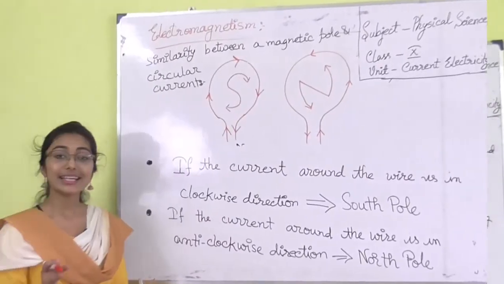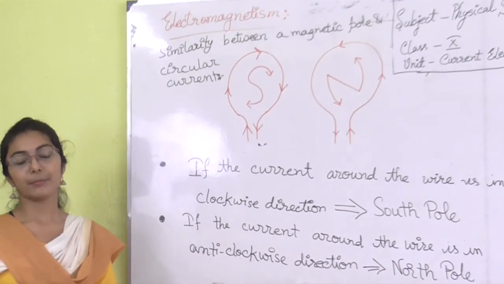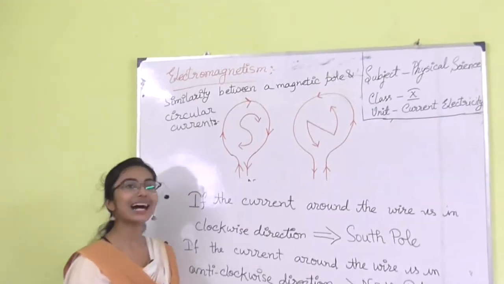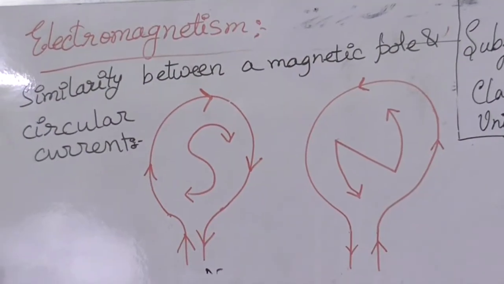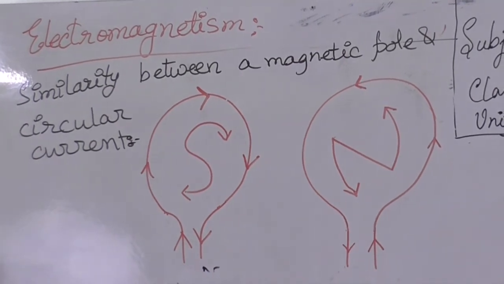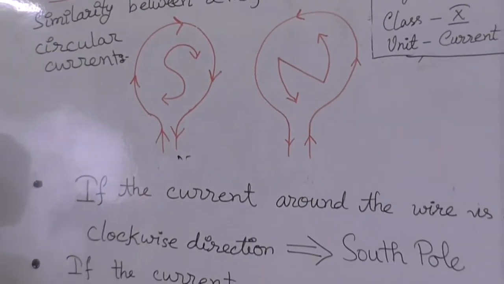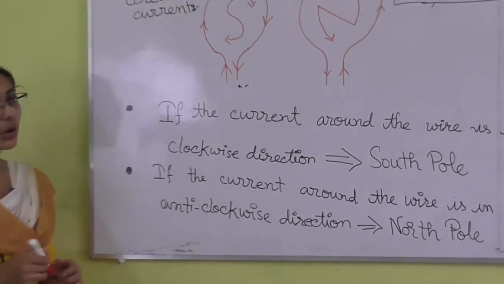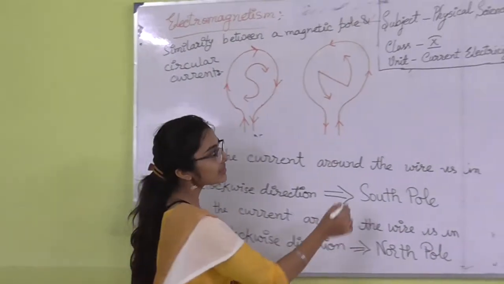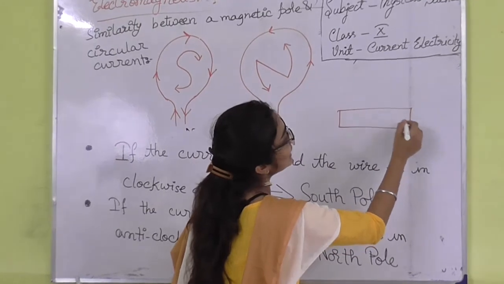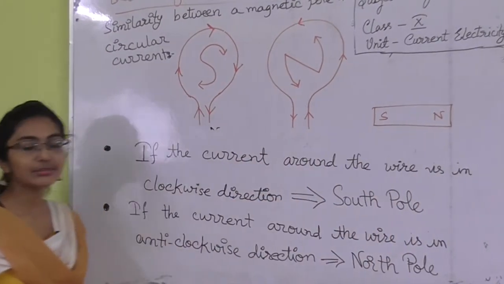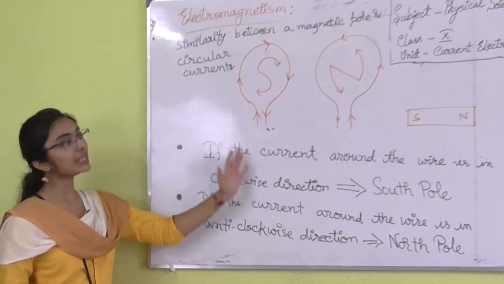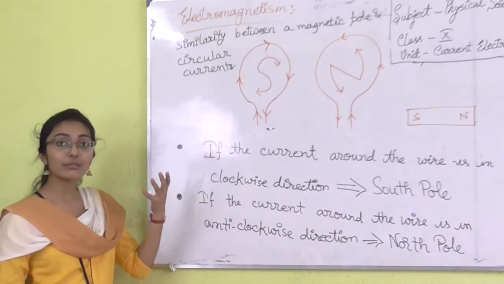Whenever there is a circular wire, this circular wire behaves like a magnet. I have told you that the current conducting wire itself behaves like a magnet. As a magnet has definite poles, north pole and south pole, likewise this conducting wire also must have definite poles. We have discussed that the current conducting wire behaves like a magnet, so there must be magnetic poles. What is the direction of the magnetic pole?